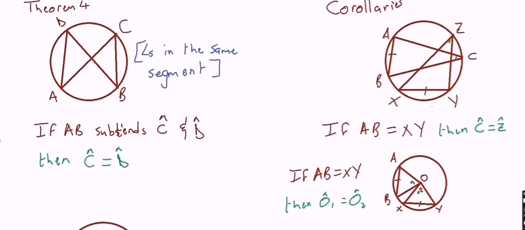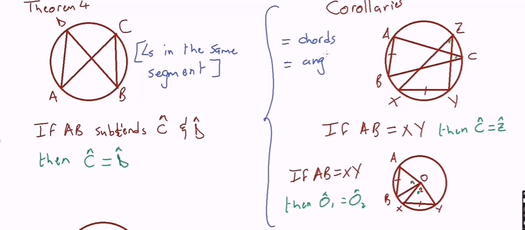So this corollary, this whole thing, if we are to use it, we would say equal chords, equal angles. That is how we would use it as a reason. It doesn't matter whether the angles are subtended at the circumference or they are subtended at the center, but equal chords will be